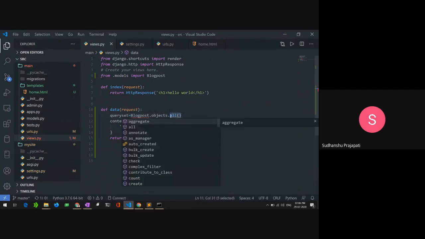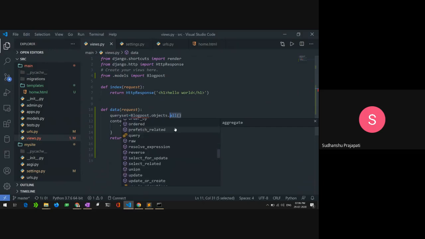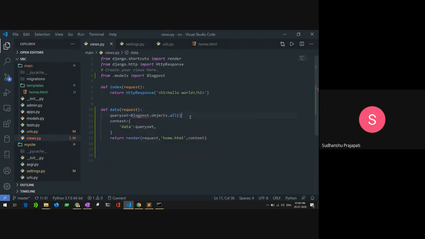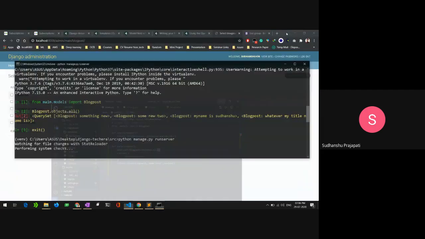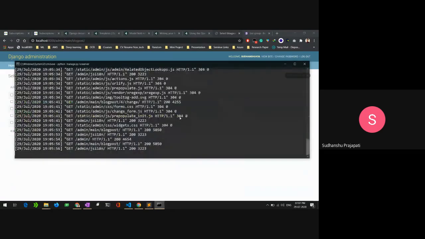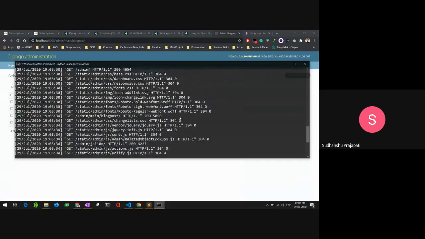I can show you. There is a filter function that will allow us to filter the data based on a condition. And also there is a function named order which allows us to order our list. That is, if we have a date defined inside the blog posts, we may want our data ordered by date, old to new or new to old.